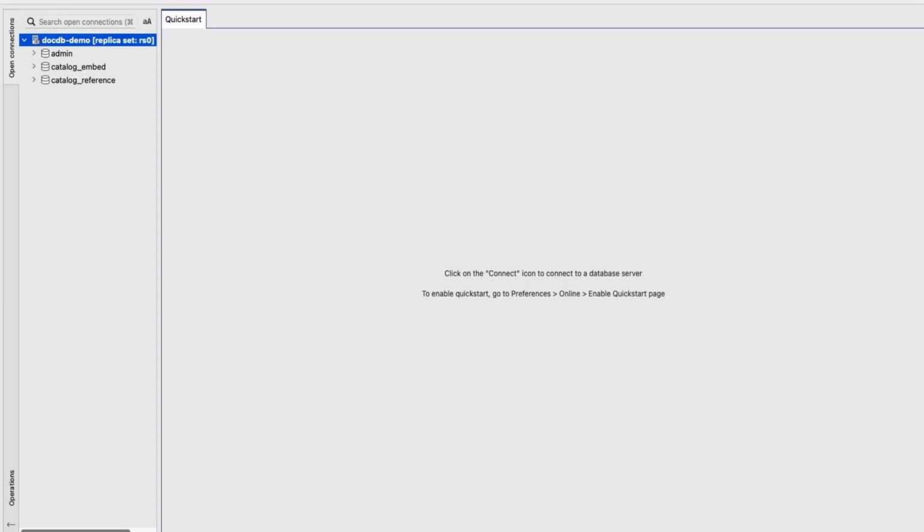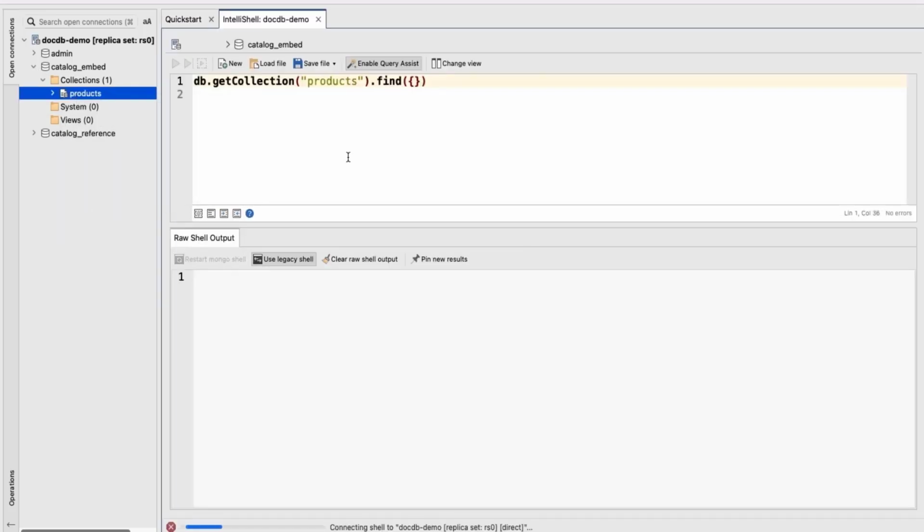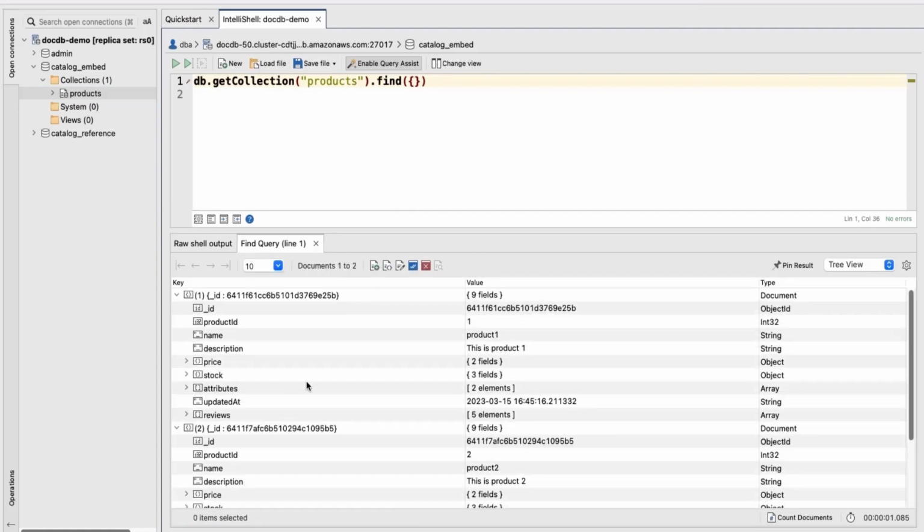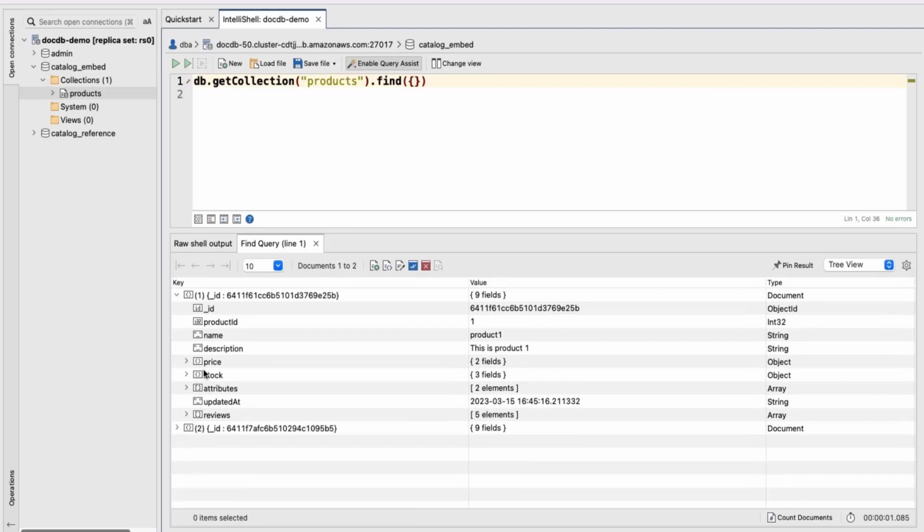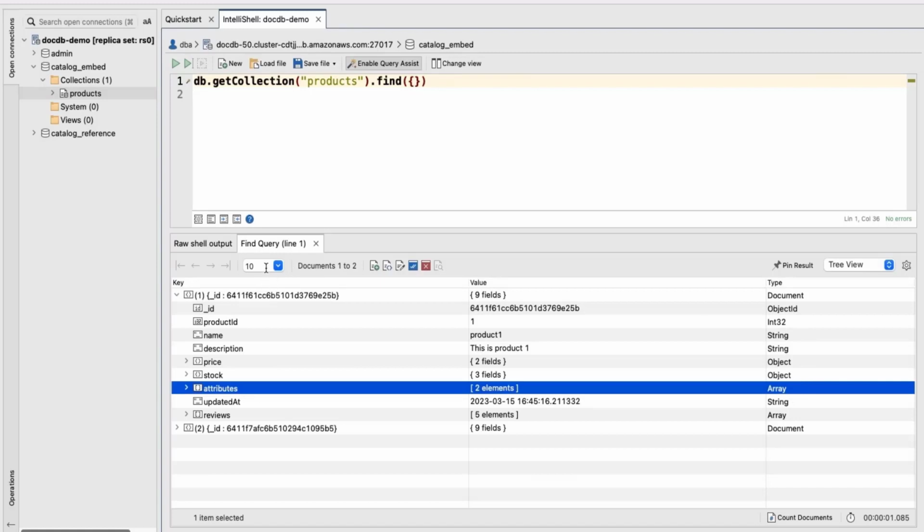I'm connected to an instance-based DocumentDB cluster, and I have two databases, catalog embed and catalog reference. In the catalog embed database, there's a single collection called products. If I do a find all here, I have two documents which I've modeled this way with attributes like product ID, name, description, price, and so on, using various JSON data types from integer to string and array.